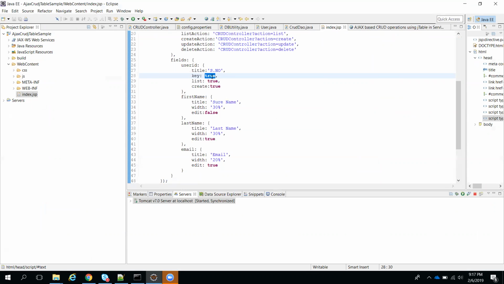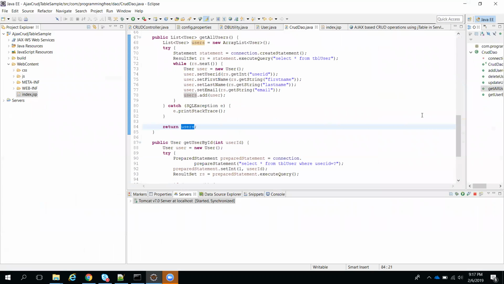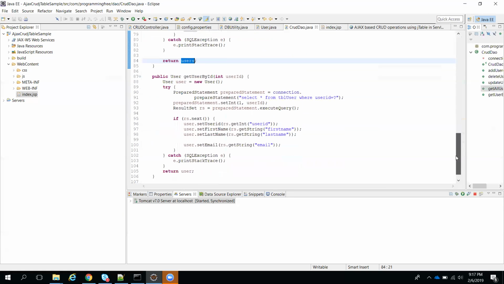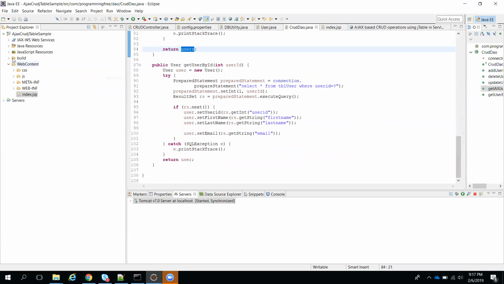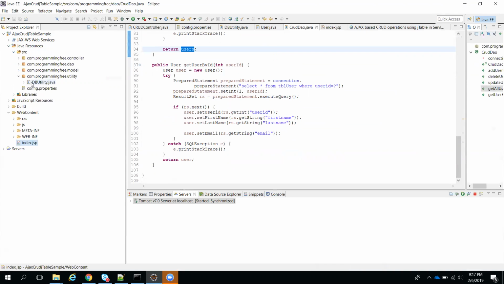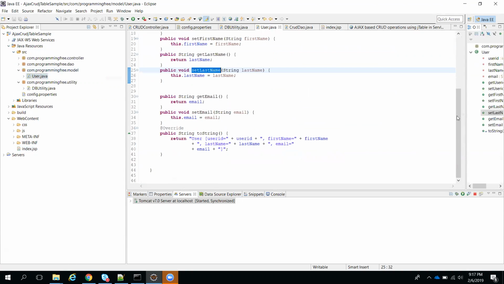If you want to update any data, it will update based on ID only. If you see the DAO layer, there is a DAO layer, right? They will update this data based on some ID. I will show you in the backend how this ID is used, the queries related to this one. There are models here, some queries will be there. There is an update query. I want to show you the update query.